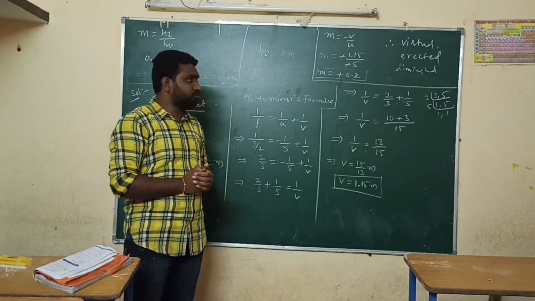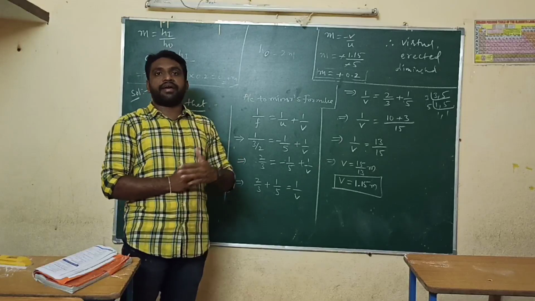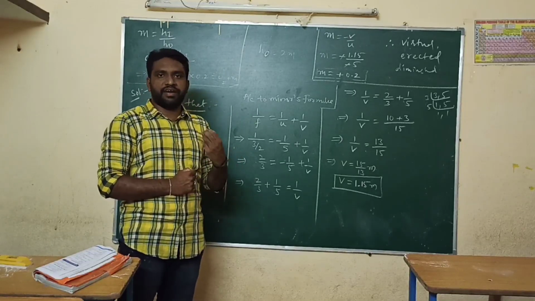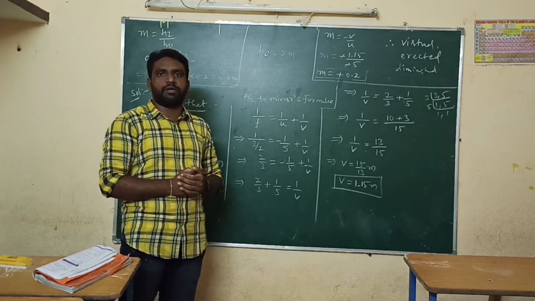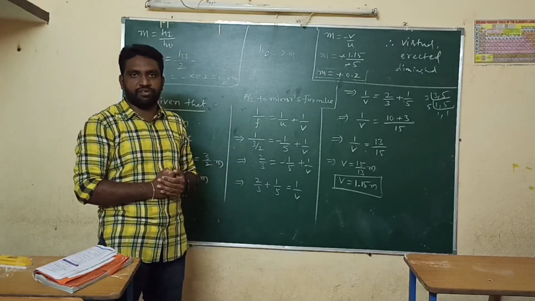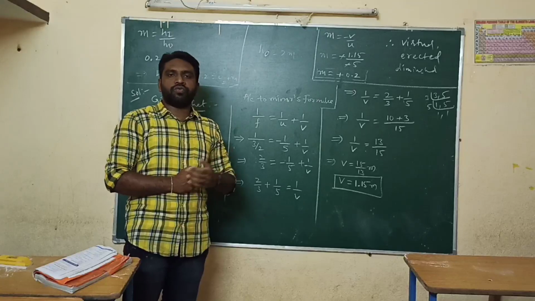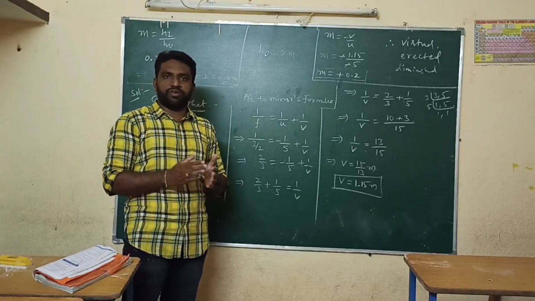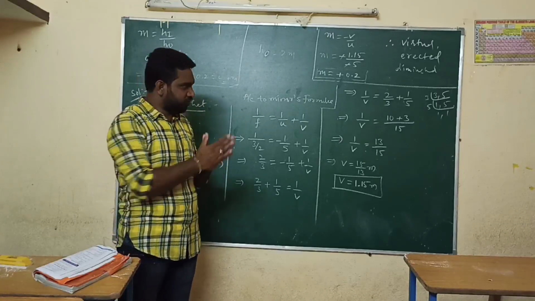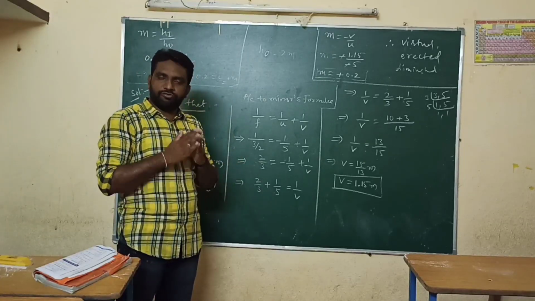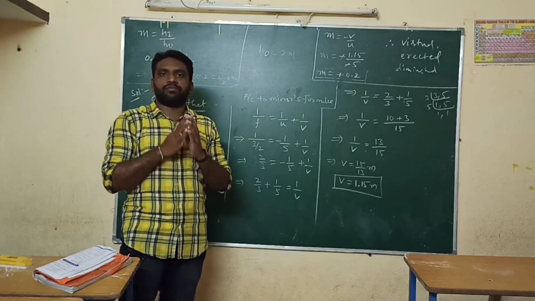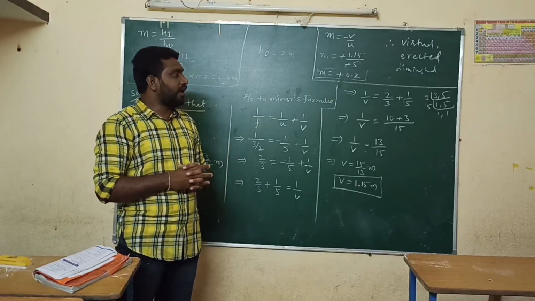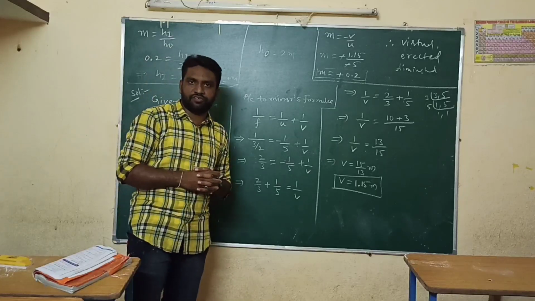You should also learn the ray diagrams and the lab activities: how to find the position and nature of the image for various positions of the object. The V-shaped stand activities are also important, and so is how to find the focal length of an unknown concave mirror. You should learn all the activities and lab activities given in the textbook, all the question and answers given in your textbook, and also all the think and discuss questions.